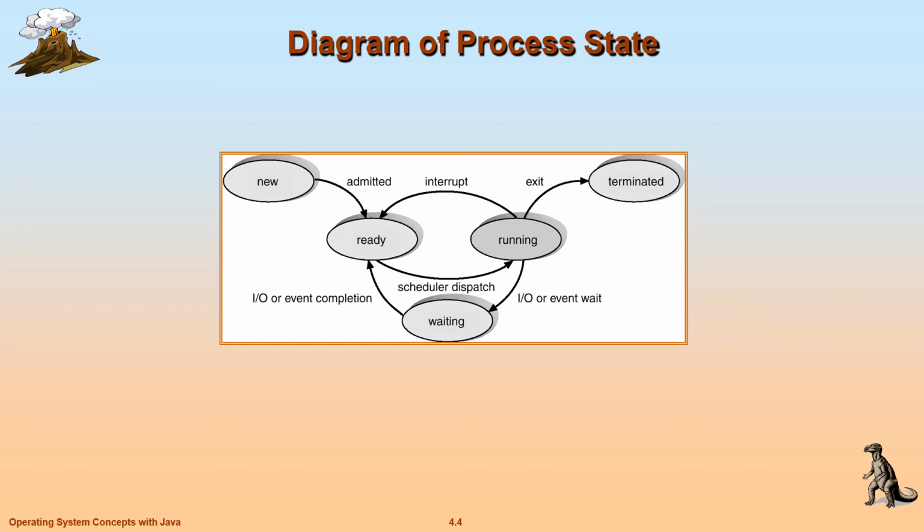When a process is running and it wants some input output event to occur, it goes to the waiting state, waiting for the input output activity to occur. After the completion of the input output activity, that process again enters the ready state. From the ready state, it is loaded for execution. After completion of this process, the process is terminated. This is the diagram of a process state.